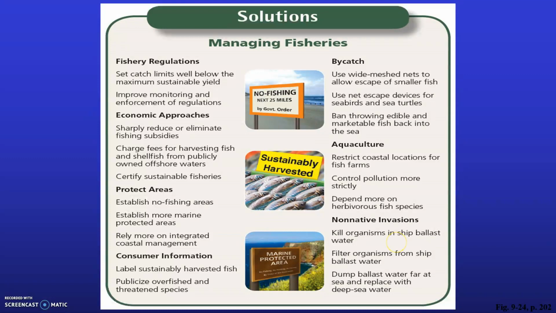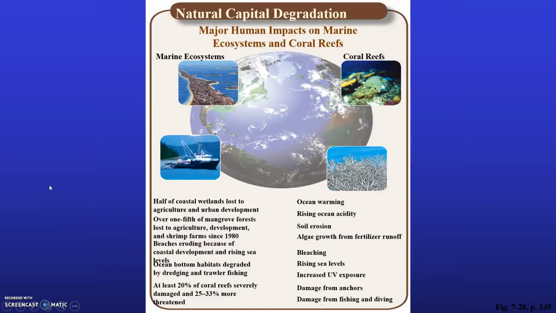So you're going to learn about the lionfish, for example, and the crown of thorns starfish. These are both considered invasive species that are having detrimental impact on the environment and marine ecosystems. This is just a list of